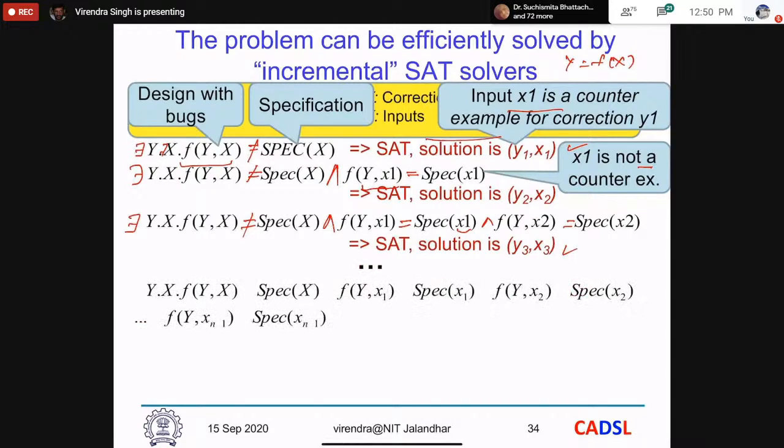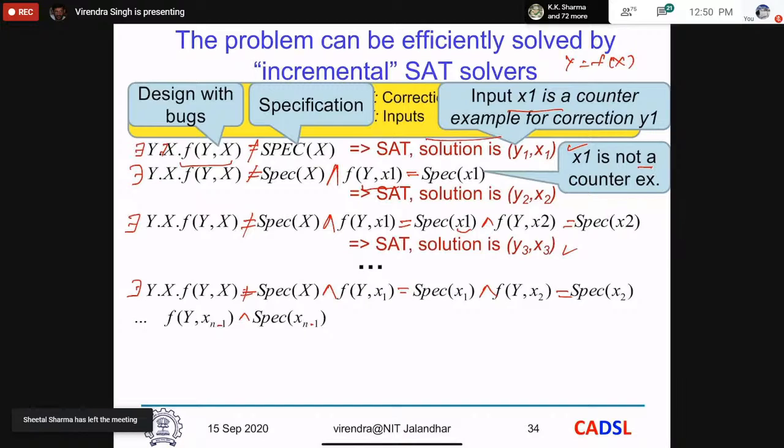Now you say there exists some x, y which is not equal to the spec, and for the first instance it should satisfy, second instance it should satisfy, up to the n minus first instance it should satisfy,